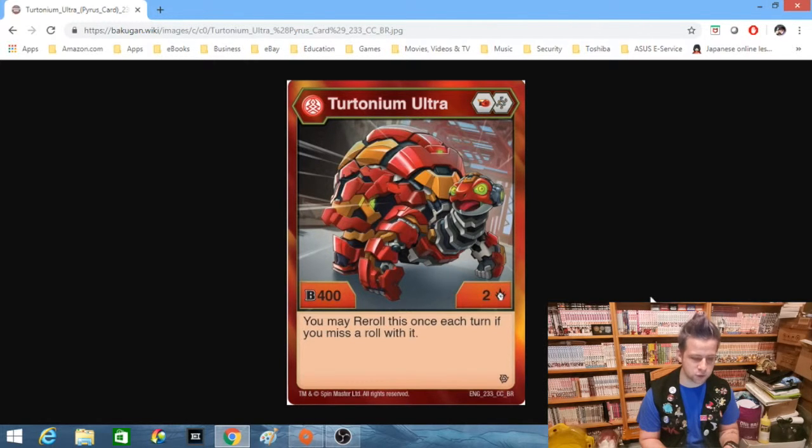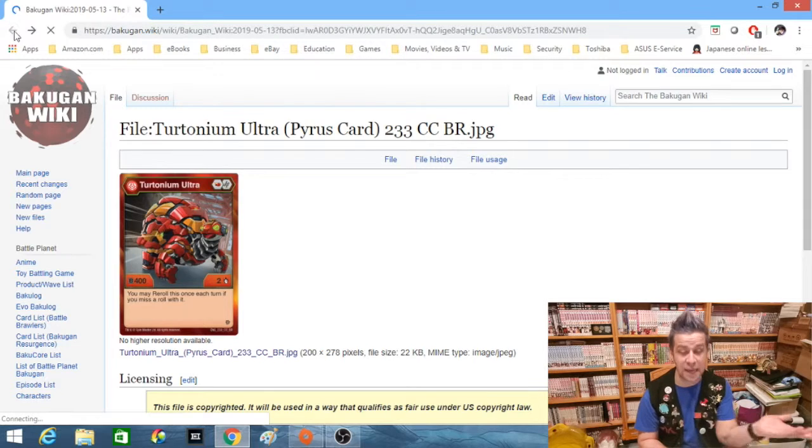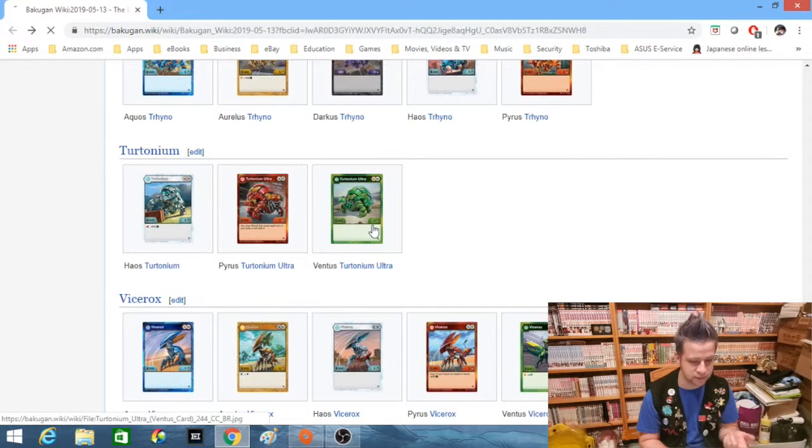Next up, we have the Pyrus Tortanium, which I'm really excited for. So this is Pyrus Tortanium Ultra. He's got a Red Fist and a Helix, 400 B power, and 2 damage. And if you miss a roll with him once a turn, you can actually re-roll, which is really nice, because being able to roll without having to worry about your opponent cutting you off, or the pressure of it's the last roll of the game, and just being able to sit there and focus and just nail that roll. Oh, it's so nice. So having a built-in ability to do that on top of your quick fire or just anything. I don't know. The quickfire is the one for Pyrus, so